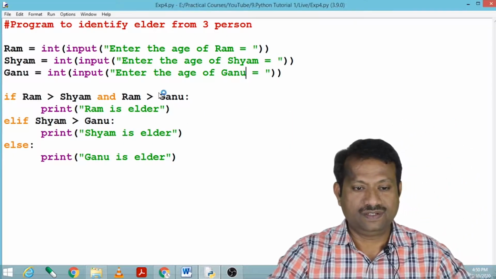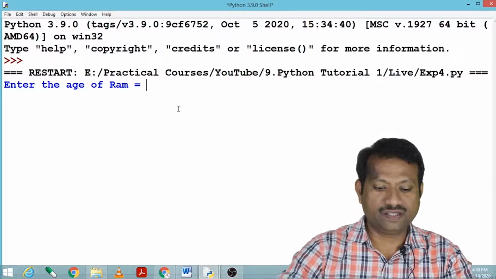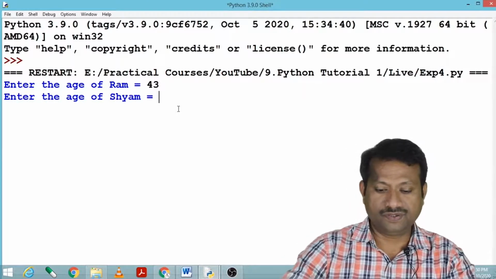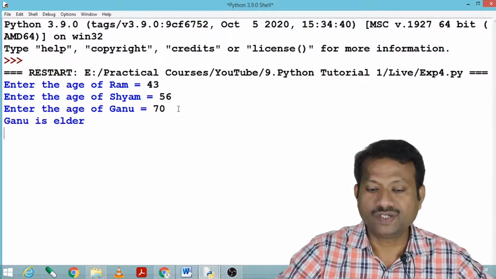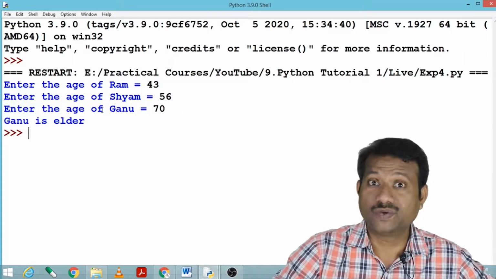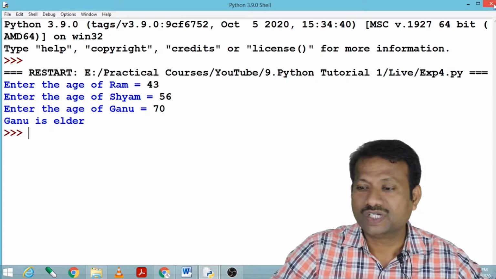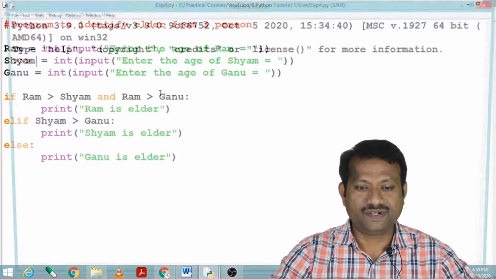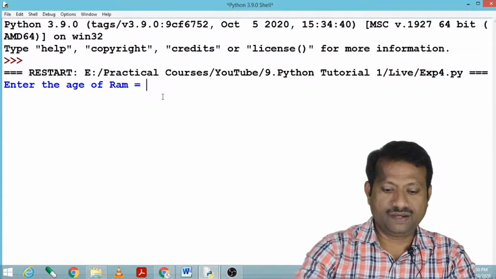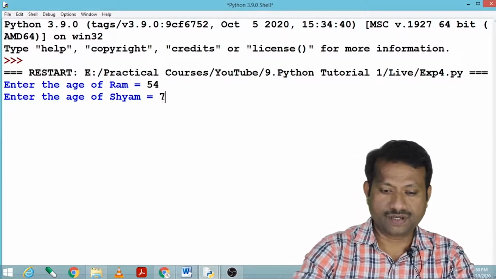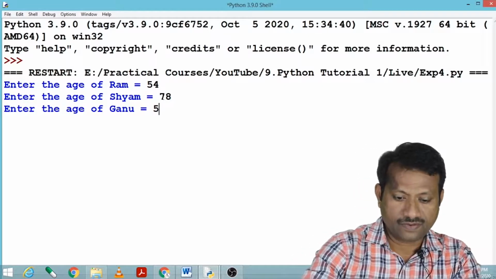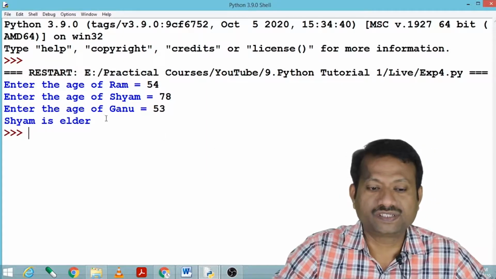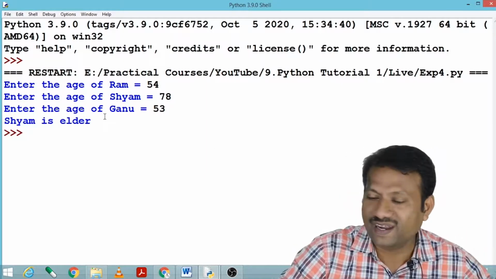Now let us enter the age of Ram 43, Shyam 56 and Ganu 70. So it is showing that Ganu is elder. Now make Shyam elder. So Ram is 54, Shyam is 78 and Ganu is 53. So it is saying that Shyam is elder.